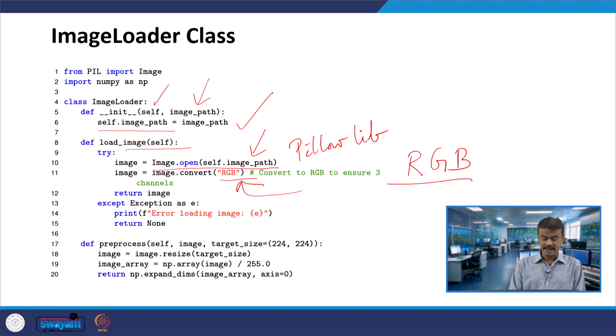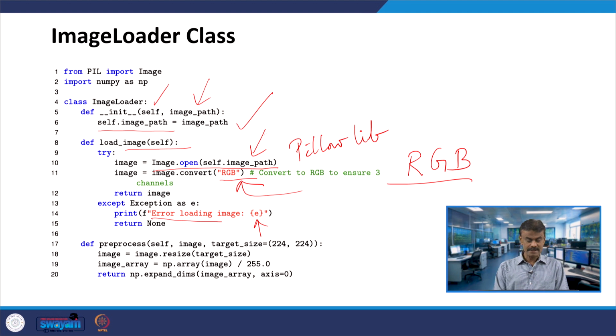If an error occurs, because we are talking about the path and file, and you are going to load the image from the given file, that is what we had seen in the case of load image. Suppose you are not able to open the file or the file does not exist, that means you have an exception, then the error message will be printed.